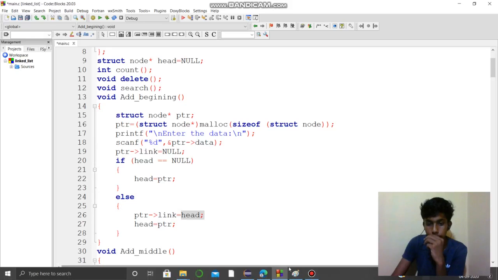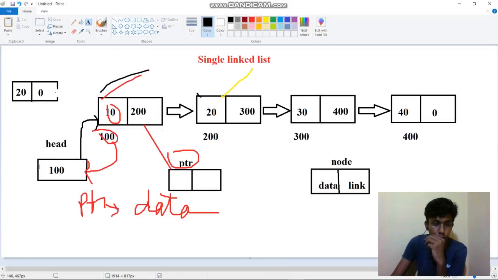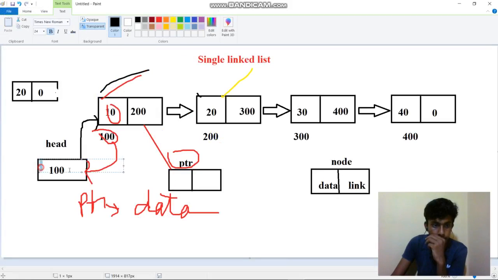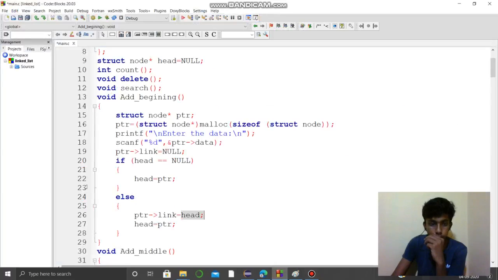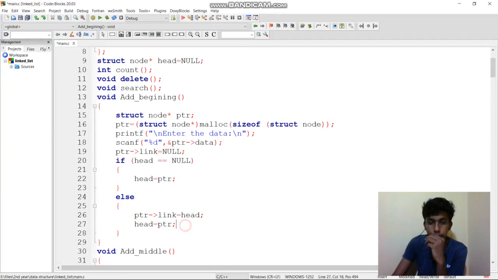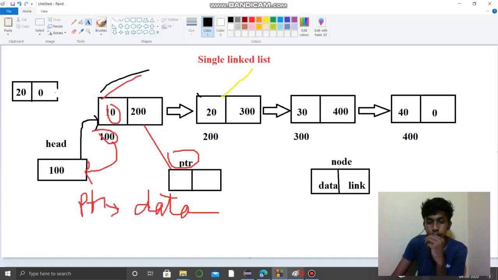So what will happen, the head is pointing to the first node, and the head link we are going to store in this link. Then this will be the first node, because it will point to this link. After that, we are doing head equal to ptr, ptr of link equal to head. The head value is stored in the current node we are creating as a new node link, and ptr is equal to head. That means